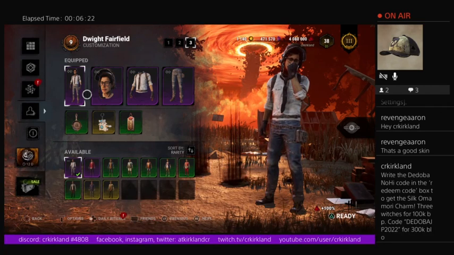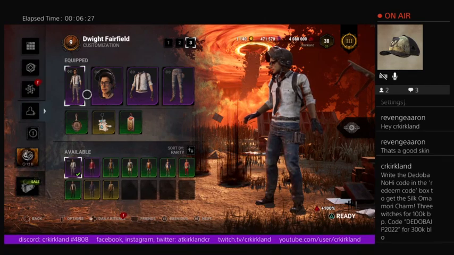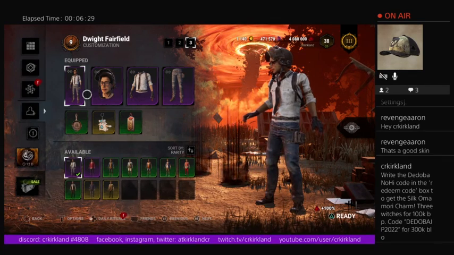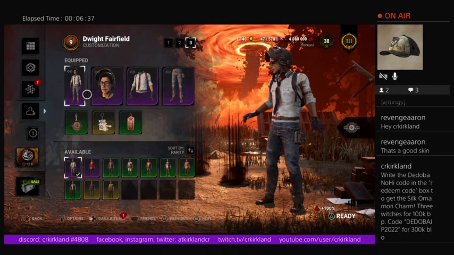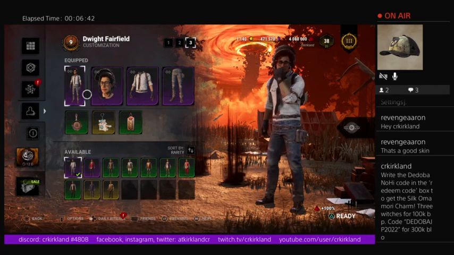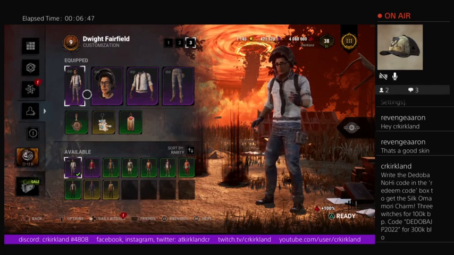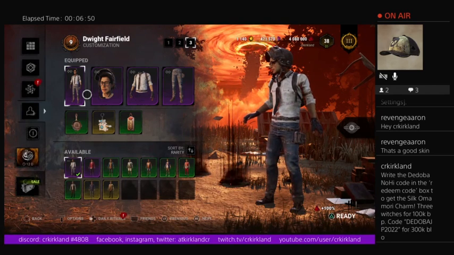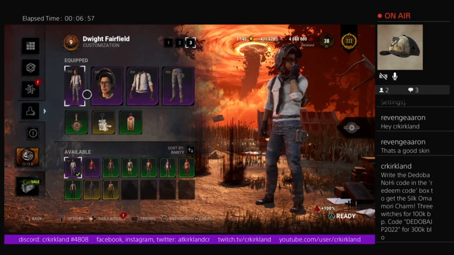So basically, I believe all these codes should work, and they should probably work until the 25th. And to get the Dwight code cosmetic, you have until, I believe, November 6th. And basically what you have to do is install the PUBG game, set up your account, then do the training modes, like 10 matches of that, and then after you do that, it'll tell you that you're eligible to play real games, and you have to go